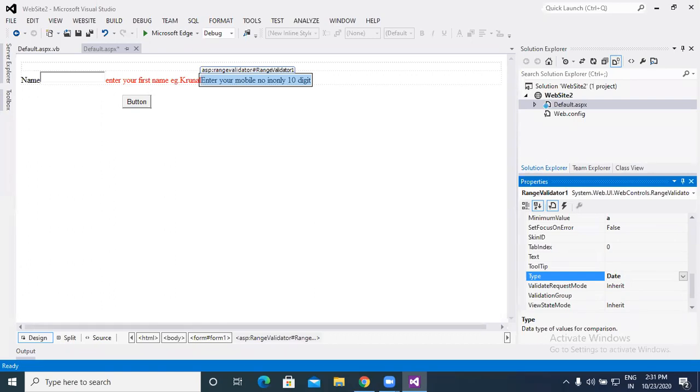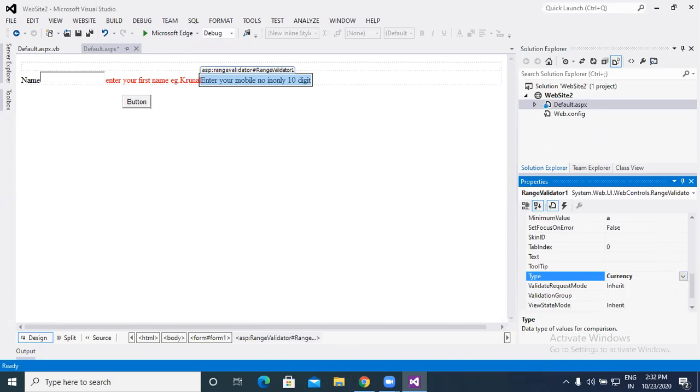So we can set this kind of data. So that time we can use the data type date. If you are a minor, you can set it for that purpose. So this is the date data type, which is useful for comparison, a range between the dates.